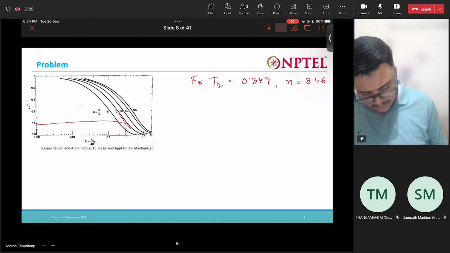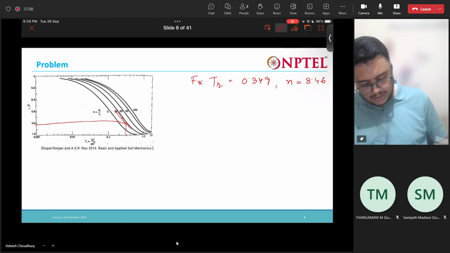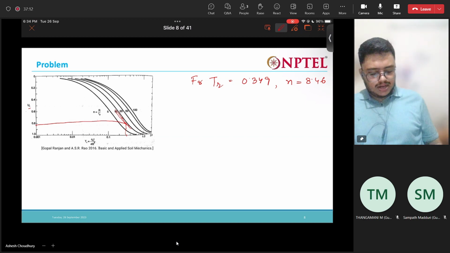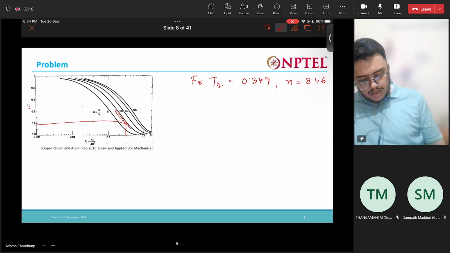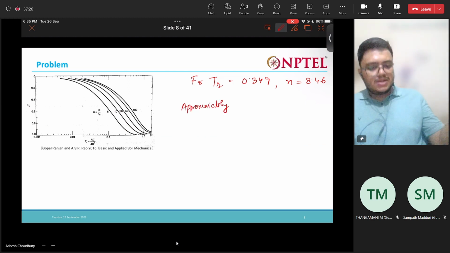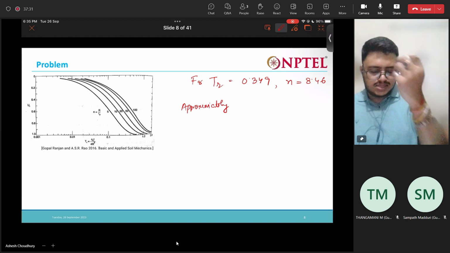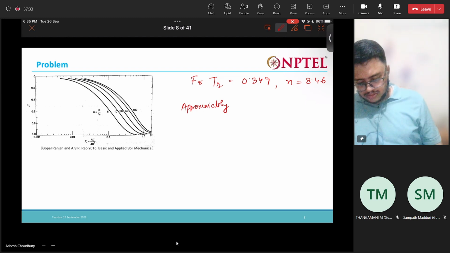It might be here also, we just need to interpolate the value. From the graph we can just get the approximate value. I'll erase it so that it's clear for you later. Some tables are also available. A tabular solution is also available in some books, so you can refer to that also. So approximately UR is